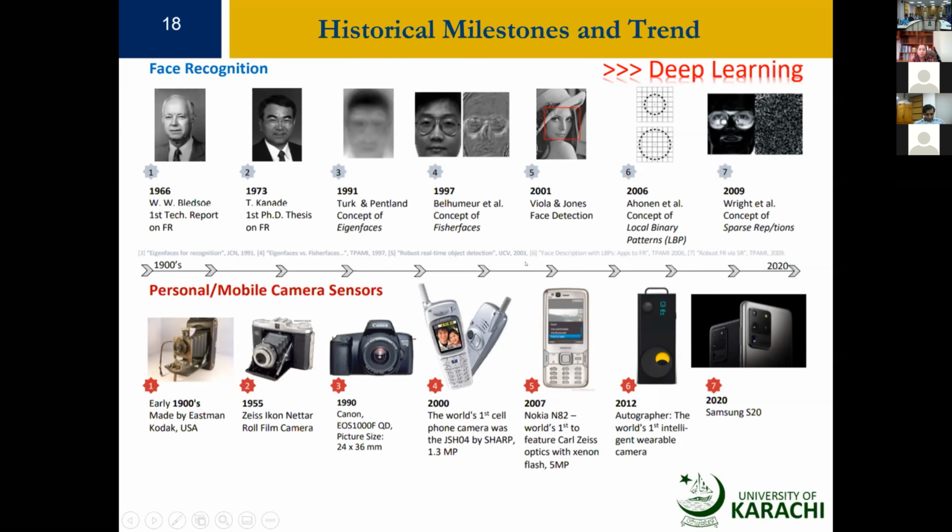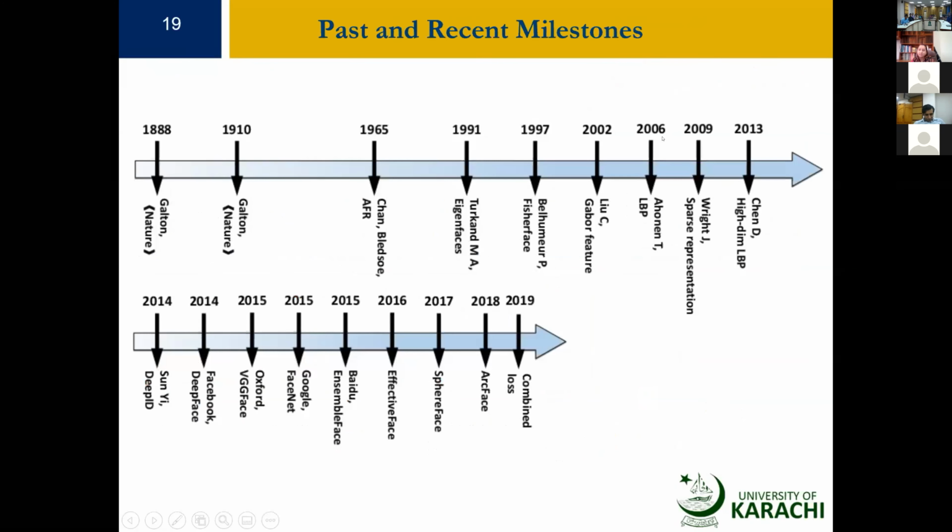And after 2009, which is just after LBP, we have a drastic change. We are getting 2014, 2015, 2016, 2017, 2018, 2019. So people are working at a very fast pace on these technologies, and every day we are facing the bombardment of new networks. So once again, if I go backward, there is sparse representation, there is linear binary pattern,